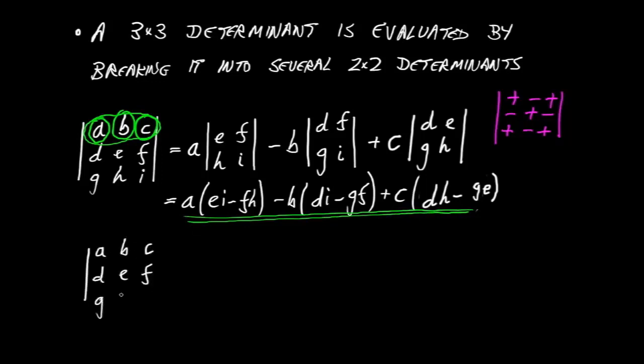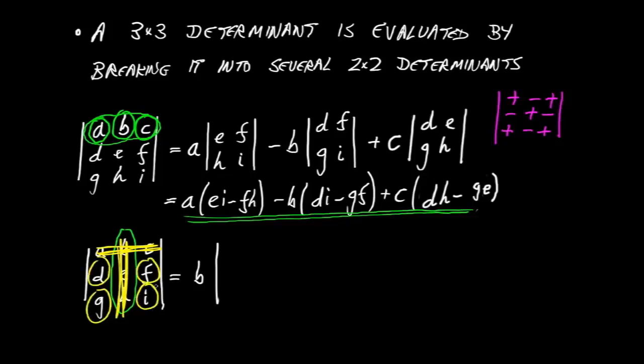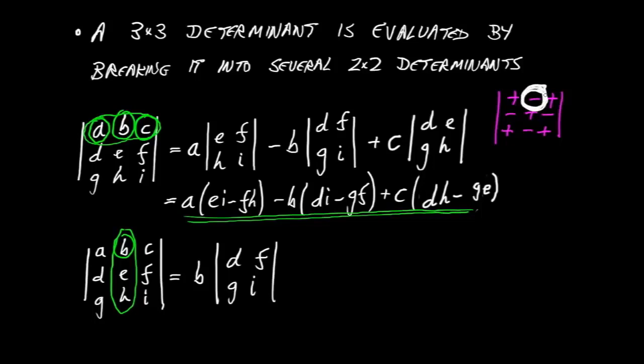And this time, let's choose a column and a different one. Let's choose this column. I'm also allowed to work down this. So I would start with B as my first term, and I delete the row and column with it in, and I'd see what are the remaining terms and write them D, F, G, I. Except I've forgotten something. There's a minus sign attached to that particular entry, so that should actually have been minus